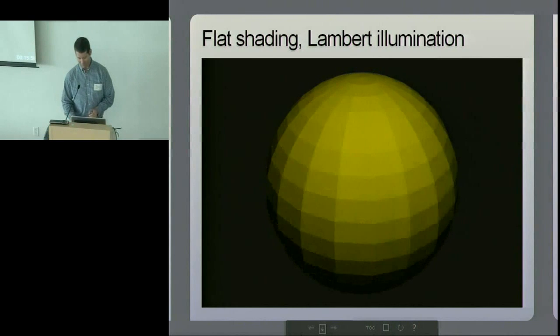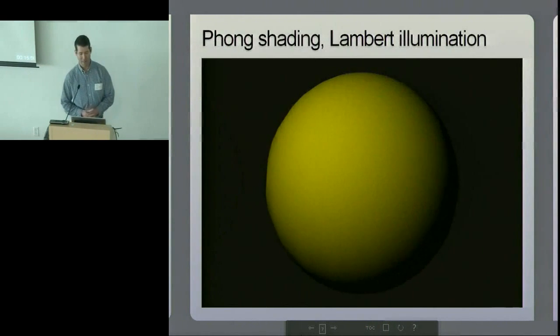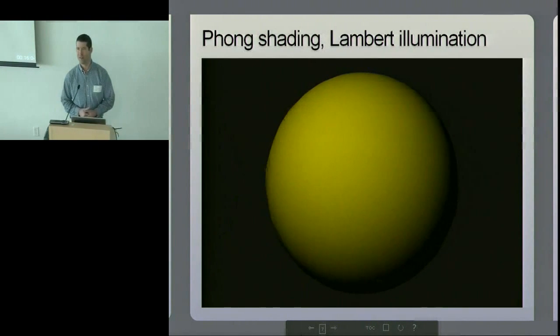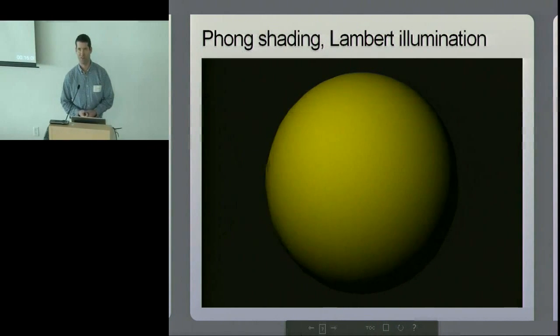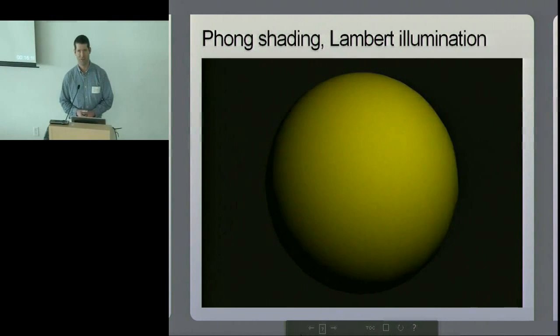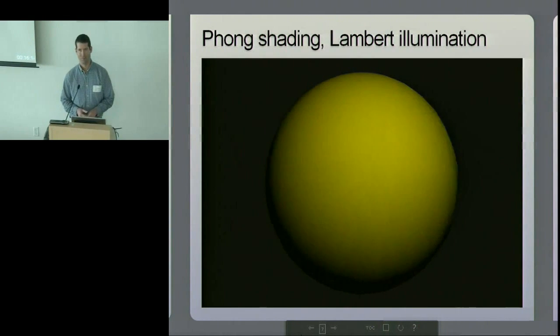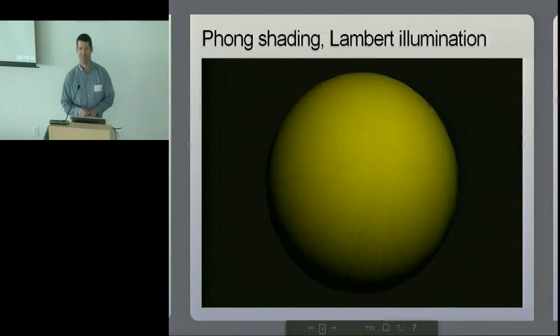So the first step is using the Phong shading and still Lambert illumination. And the Phong shading is an interpolation principle that makes the polygons look smooth, even though they are still flat. The model still has flat surfaces, and that's why you can see this on the outline of the sphere.